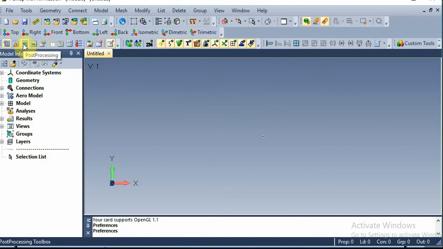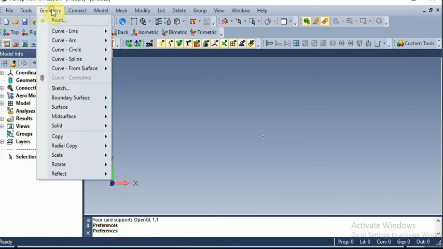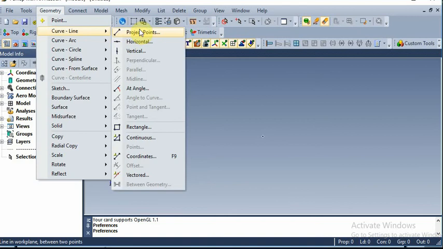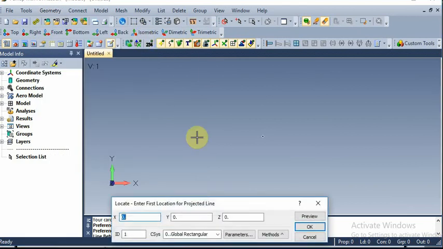Next we have to go to geometry. You have to create the geometry with the help of curved line. So we have to project points. For x give 0, y 0 and z 0. OK. Next x is 750, y as 500 and z as 0.